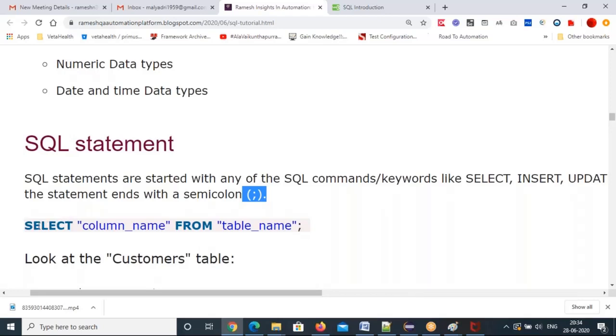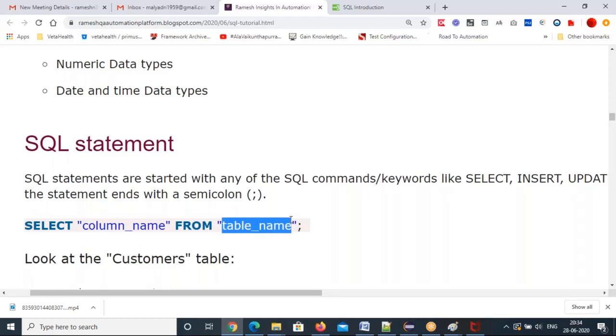See that. First I'm using a select command. Select the column name, whichever column you want to access. The select statement is basically used to access particular data from the table. You have to give the table name.